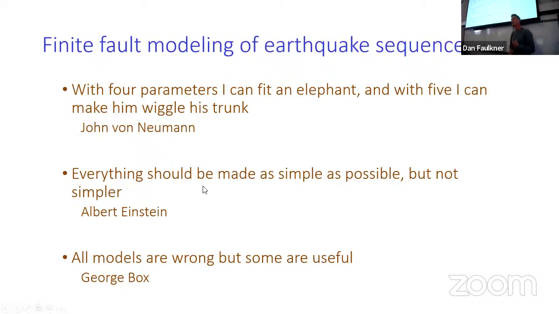At the same time, we've got to make sure that the right ingredients are in the model to capture all the physics that are going on too. So that kind of leads on to this second quote by Einstein, which says that everything should be made as simple as possible, but not simpler. And then finally, it's worthwhile just pointing out that all models are wrong, but some are useful. So in terms of the Caltech group's models, the thing I like about them is they have a minimal amount of physics, but what is in there really represents, I think, the key parameters that occur during earthquakes.